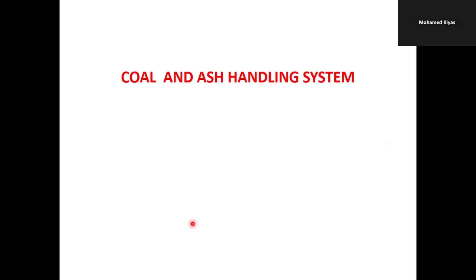Coming to the next one, coal and ash handling systems. In the thermal power plant, generally we receive coal from the mines. It will not be in uniform size, and it will also have a lot of impurities, since those coals are taken from the mines. So it has to be properly processed,